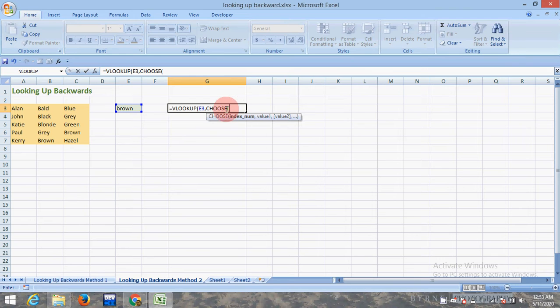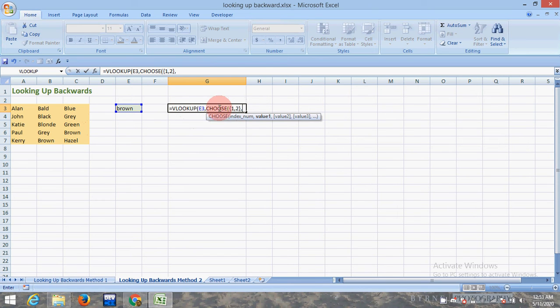The index number is, just give curly brackets here, 1 comma 2, close the curly brackets, and what's value 1?